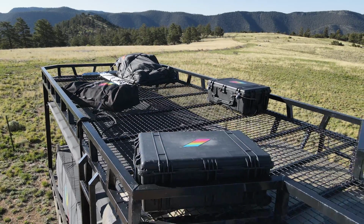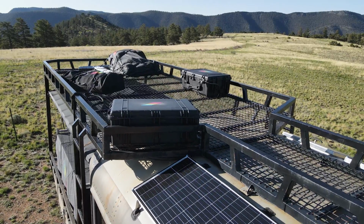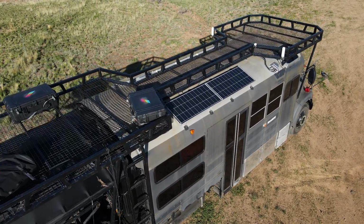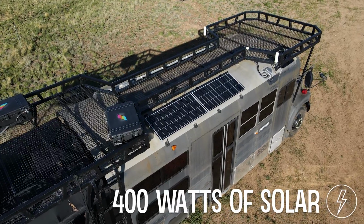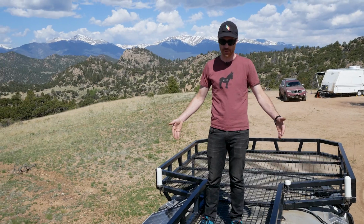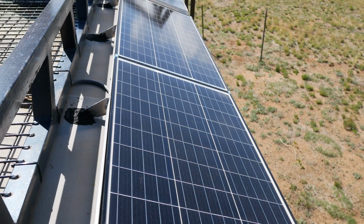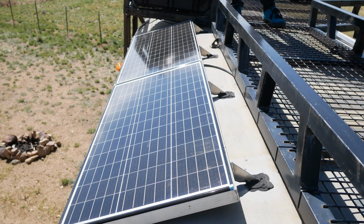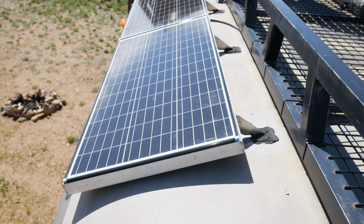I can put ratchet straps through it, bungee cords, whatever, super flexible. And then up here is where my solar arrays are. So I've got 200 watts on each side. I have them on separate charge controllers because they're often getting very different sun conditions. Not a ton of capacity, but enough for me, given the main need that I have for the solar on this rig